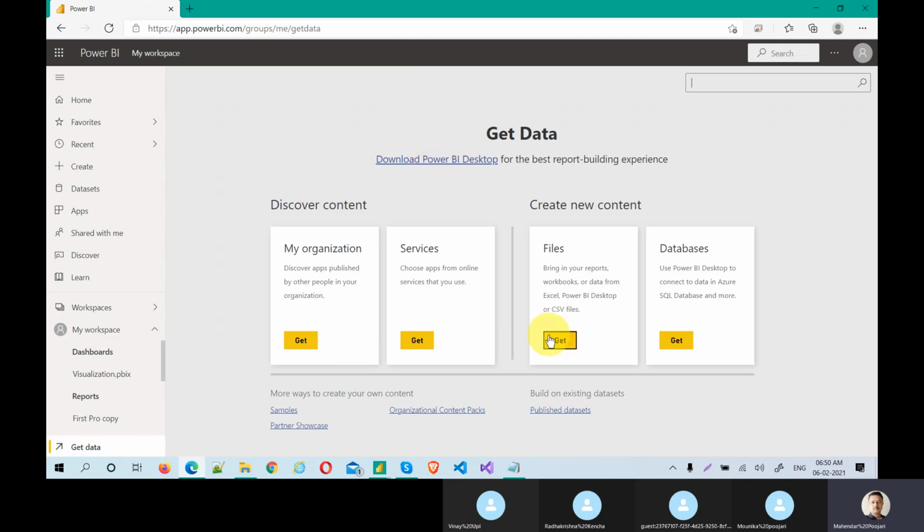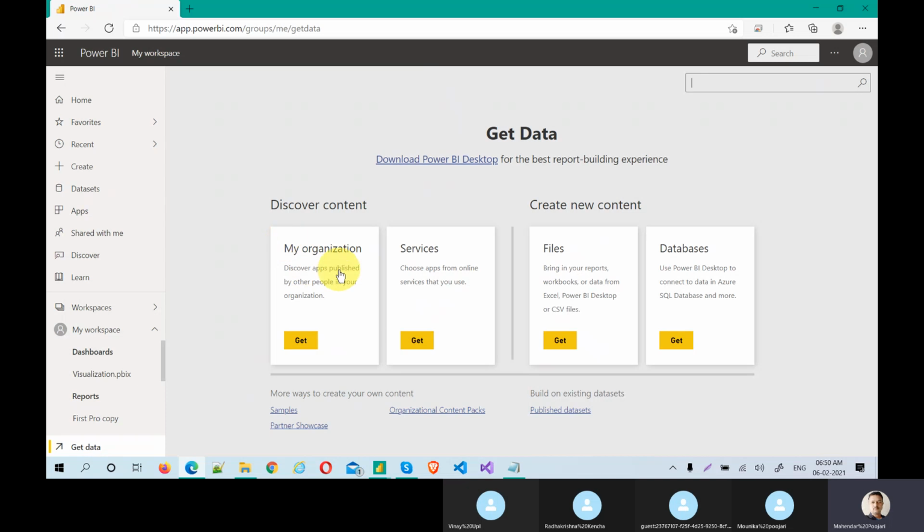See, bring your reports, workbooks, data from Excel, Power BI Desktop or CSV files. Everything you can bring using this. Using files. Choose apps, online services that you use from services. What is online apps? Like Azure services, something like that.